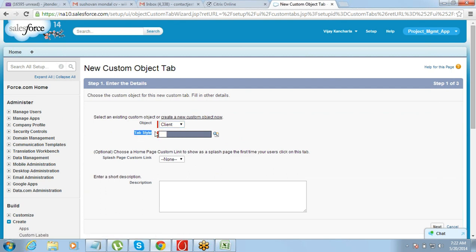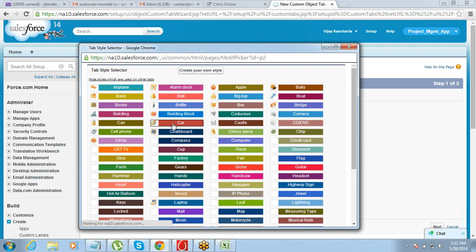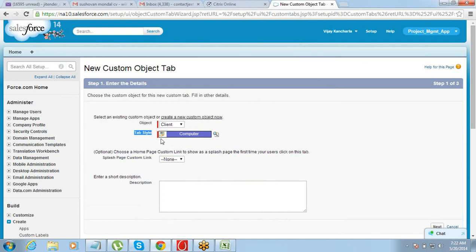While you're creating a tab, you'll have to select a tab style. So what is this tab style thing? Tab style is just a collection of a graphic and color, right? If you want, you can create your own style also, or you can pick any of the existing tab styles which are available there. So when you open a record, you might have noticed when you go and open an account or something, this one is gonna be the color theme there, and you see a small image here. When you open any account or any record, you try that, you will see it. So that is what a tab style is.